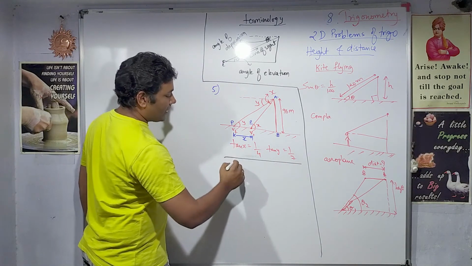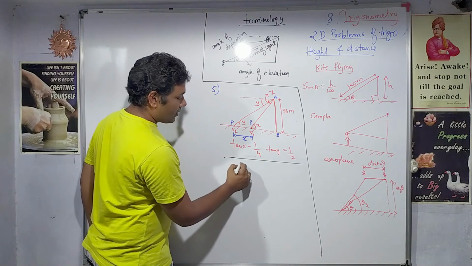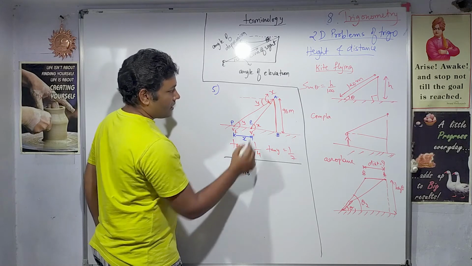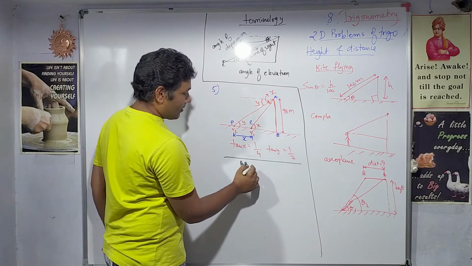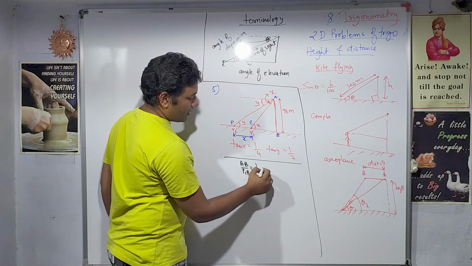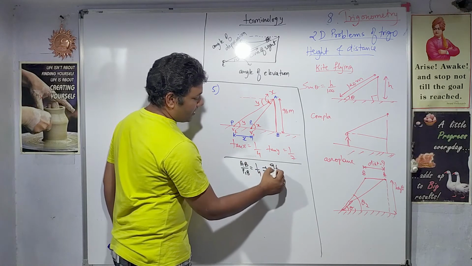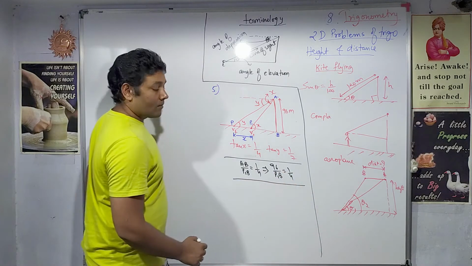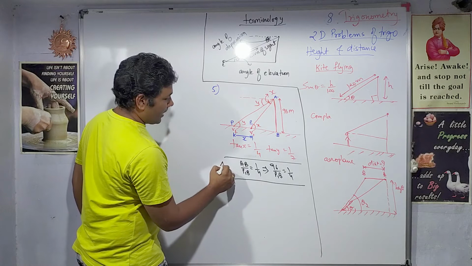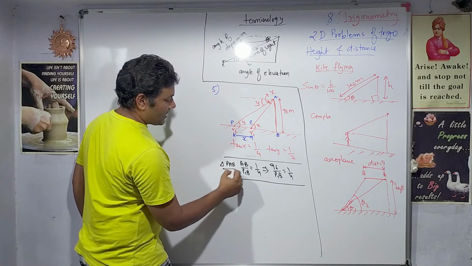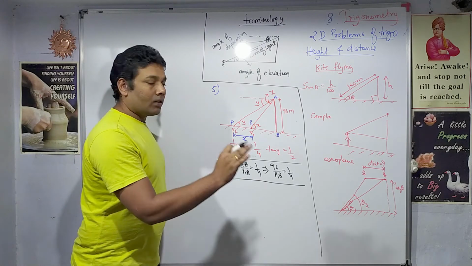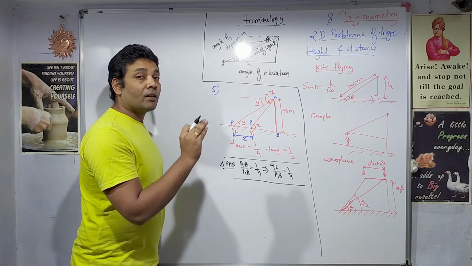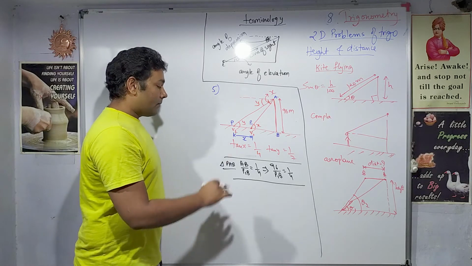What will be the value of tan x? Perpendicular upon base. Perpendicular is AB and base is P1B, and AB is given as 96. This is 1 by 4. So from this we can write 96 upon P1B is 1 by 4. Let it be as it is. Next triangle, this is triangle PAB. Your presentation should be number 1. A1 presentation you should use. This will always create an impression on the examiner, on the teacher. Definitely you will get full marks.